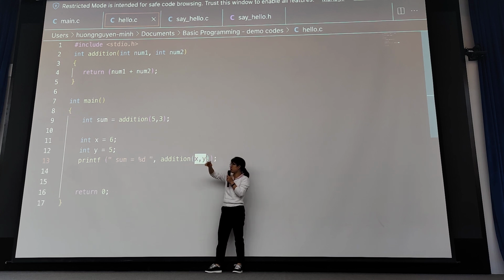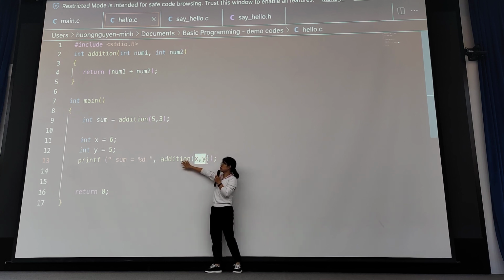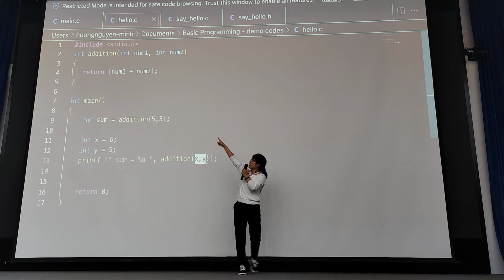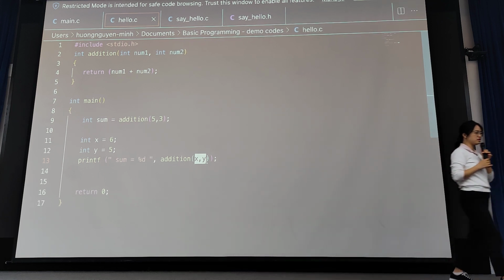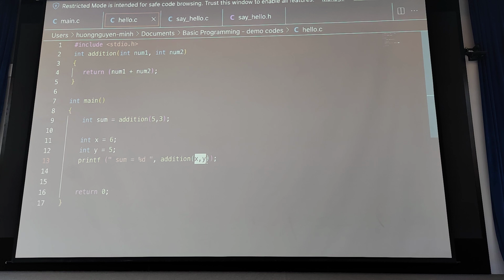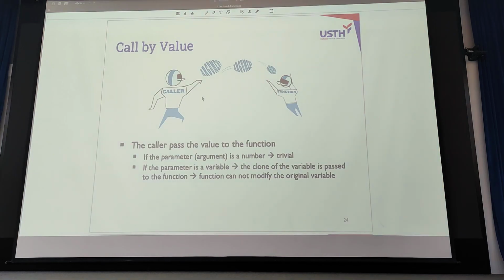The two values, 6 and 5, are input to the function addition, which computes the summation of these two values. So these two function calls correspond to the two cases mentioned in the slide: if the parameter is a number and if the parameter is a variable. Okay?